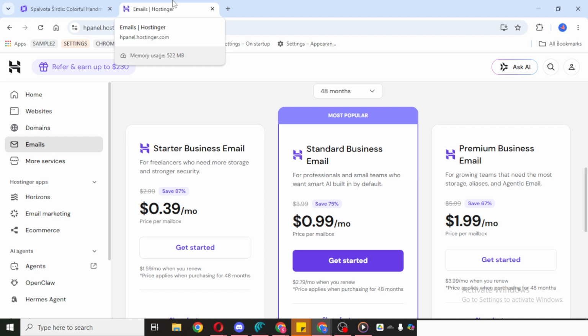As you go through the prompts, make sure you don't close the page too early, especially if the mailbox contains a large number of emails. Depending on the size of the export, it may take a little time for the file to prepare and download completely. If the download doesn't start right away, give it a few moments and check for any confirmation messages on the screen. And that's it.